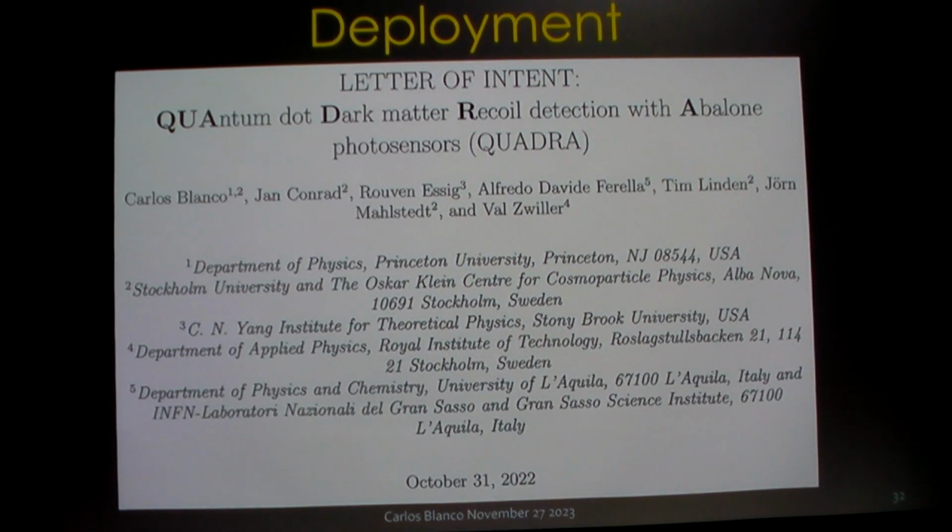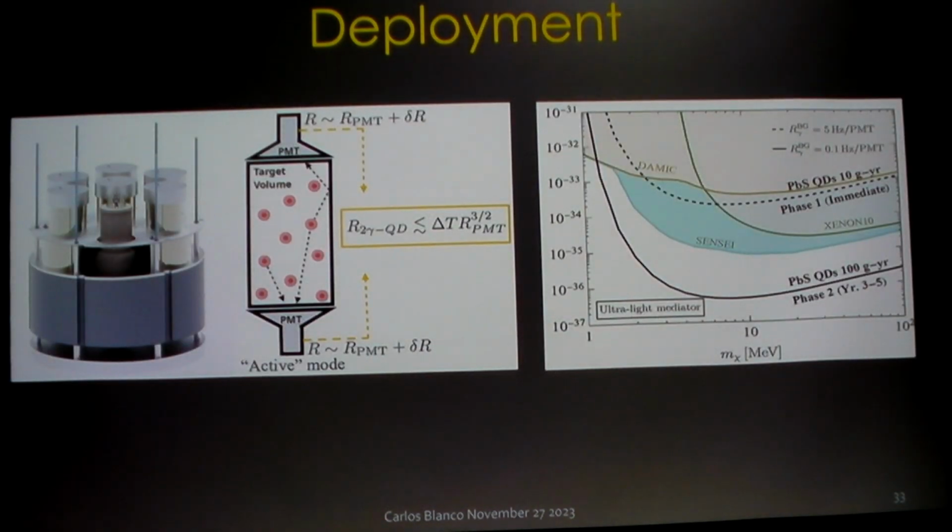Some very good experimentalists in Stockholm got very interested in this, and so we wrote a letter of intent and are starting a collaboration called the Quadra Collaboration to actually deploy a quantum dot-based detector. At the same time, there's an MIT team that is also trying to deploy this, led by Lindley Winslow, and this is a CAD rendering of what that might look like in its fully upscaled state. And so these are next generation PMTs that are being developed for the Xenon collaboration that we're going to be able to use afterwards.